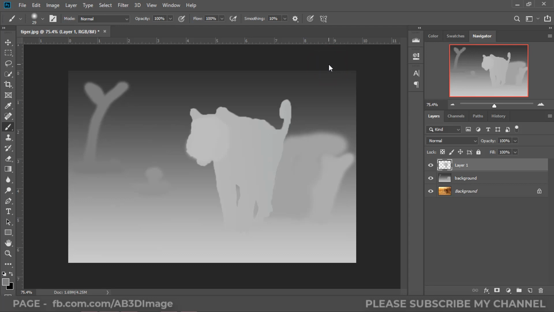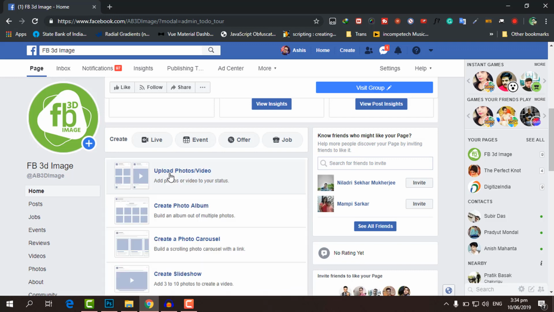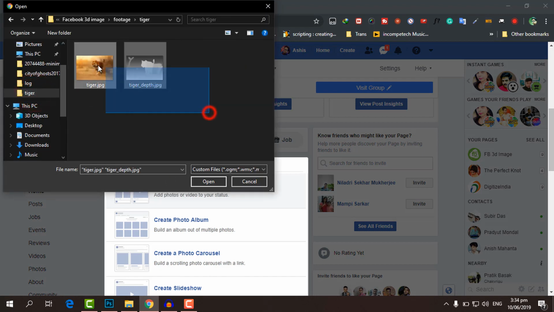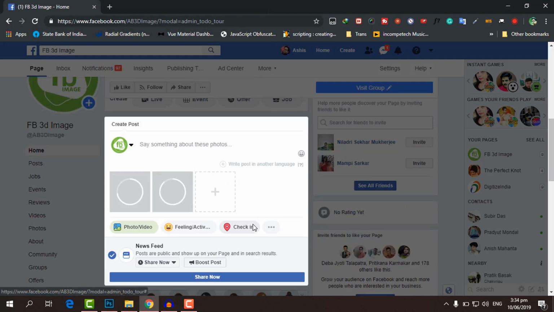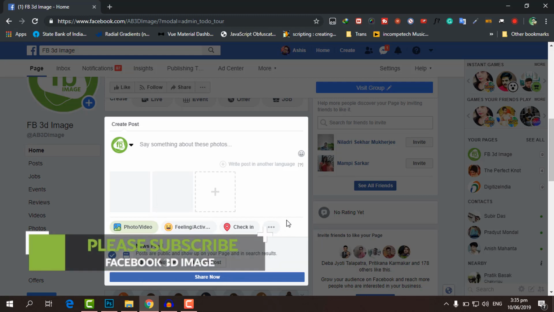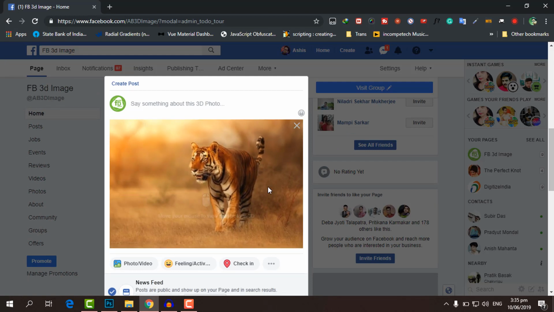Now we need to go to Facebook. So go to photo and video and select the image. Now wait for some time. Facebook will create a 3D image from the depth map. So here is our image,